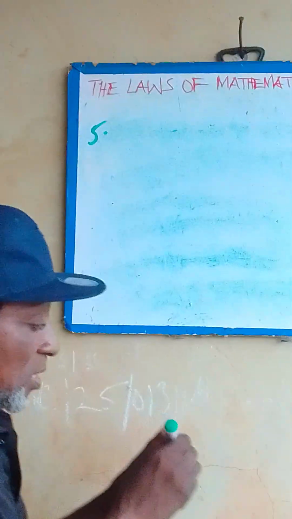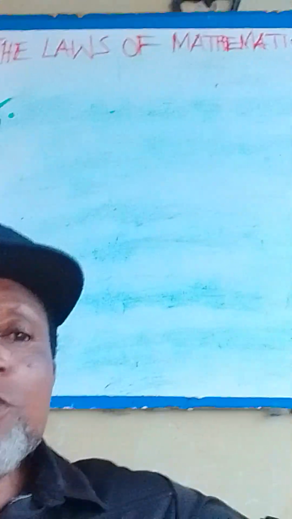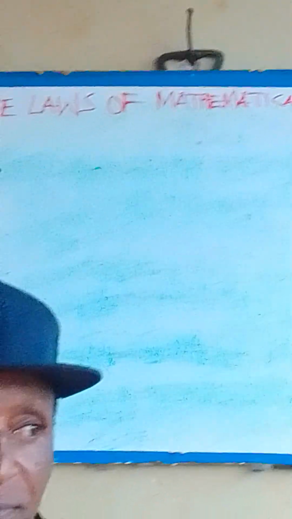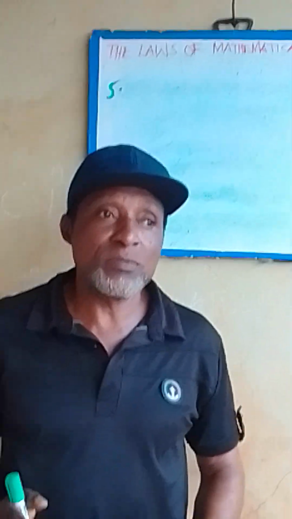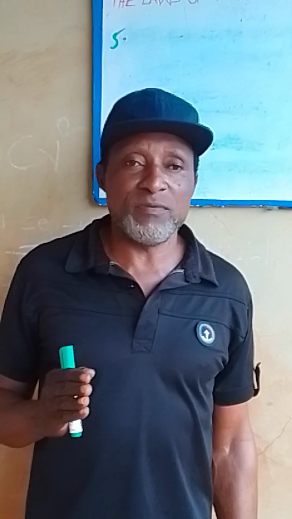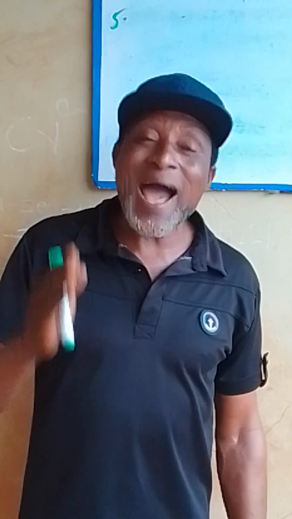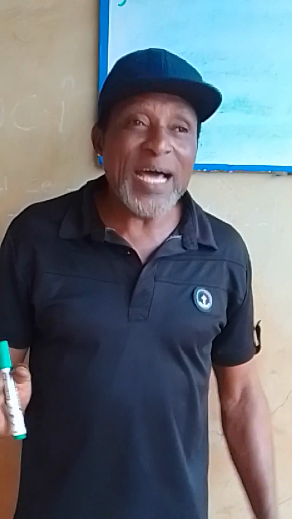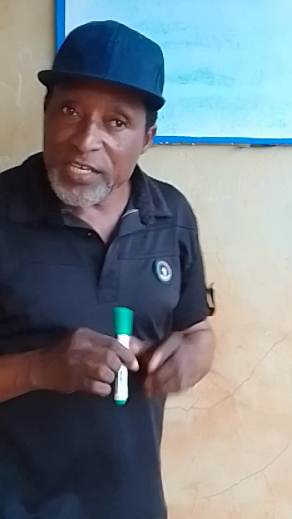So in that law 5, when negative numbers are added, the result will be negative. When negative numbers are added, whether they are 2, 3, 4, 5, 6, 10, and so on and so forth, if you add negative numbers together, the result will be negative. That is the law. For example,